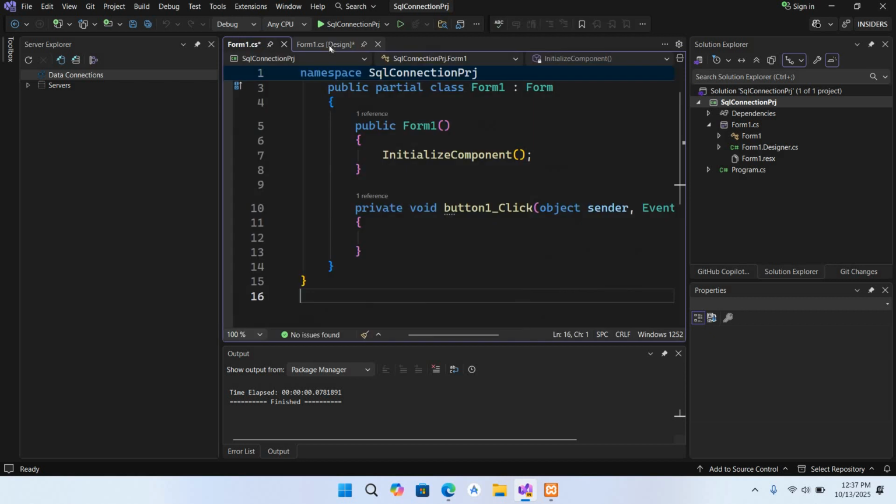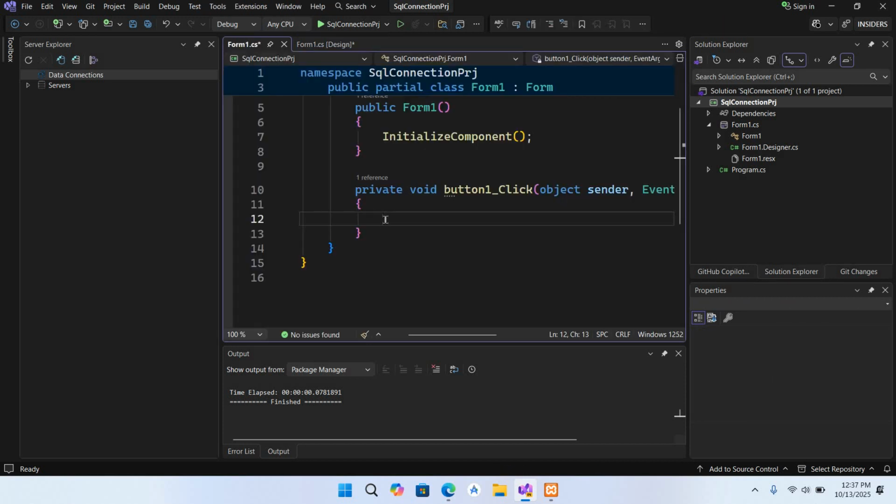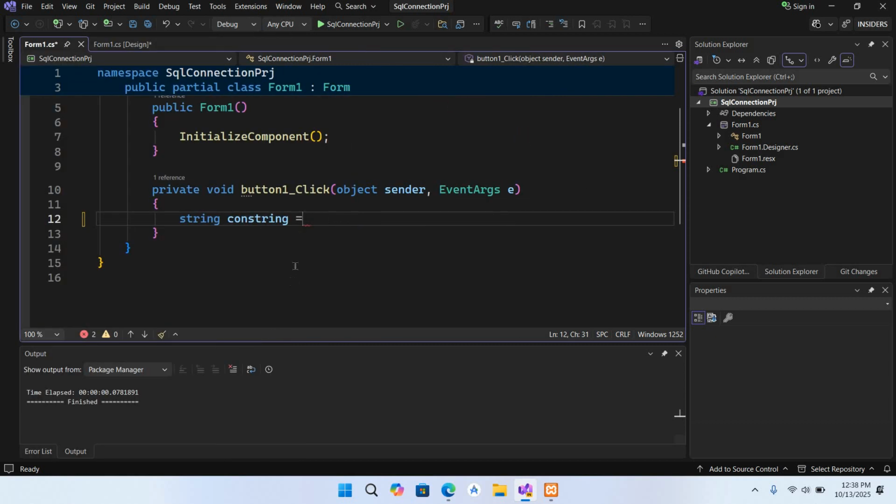Now I'll close this. Now I'll again go to my form. I'll expand this button a bit so that the DB also appears. I'll double click on it, go to its click event. First we will create our connection string. So I'll use string conString equals. I'll close this so that we have more space. First it takes the server, so I'll use Server=localhost; then it takes the user ID, User Id=root. We are using the root user;